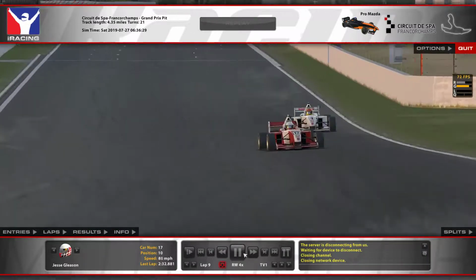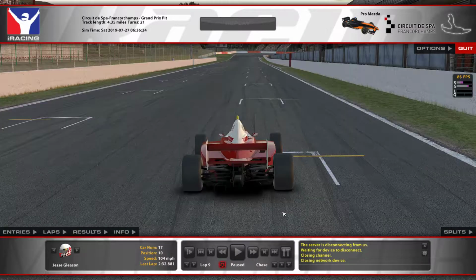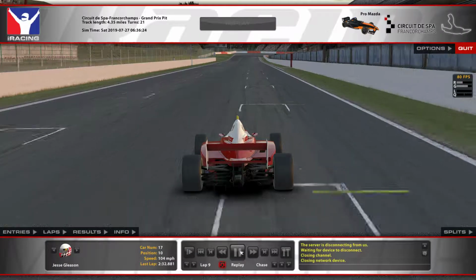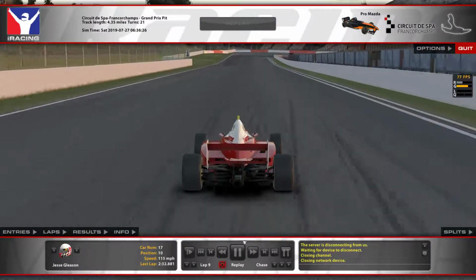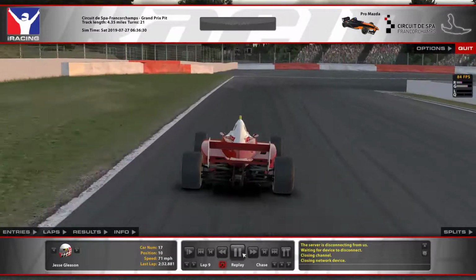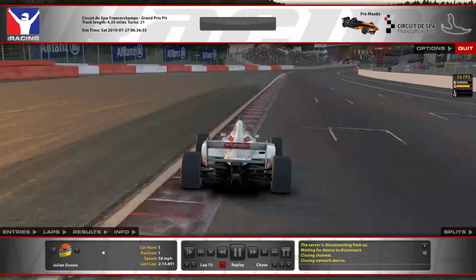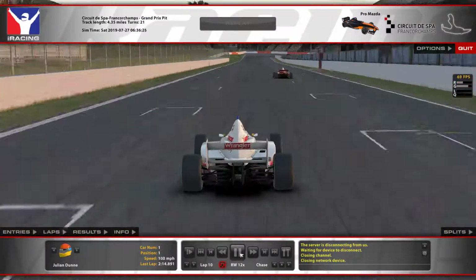Yeah, here's the incident I was looking for. So this guy's running 15 seconds a lap off the pace. Sees Julian coming up behind and, rather late, moves over to the left. Doesn't look like it there, but when you watch this from Julian's pace,